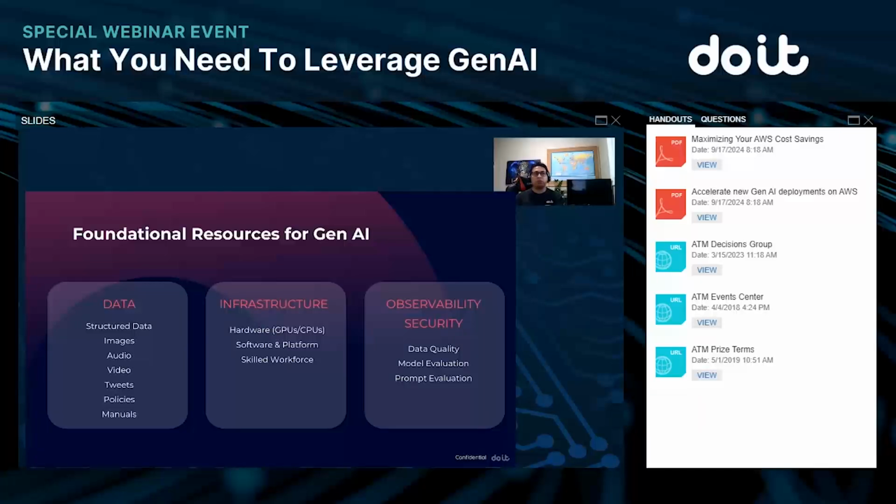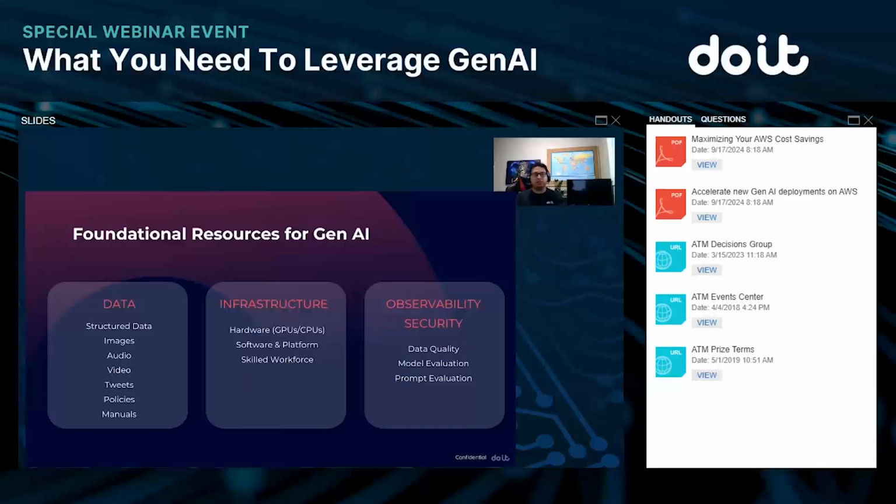Most of us, when we are starting with a POC, will be using GPUs, but also managed services like Bedrock in AWS or Vertex AI Studio or Gemini in GCP. So we don't have to worry about a lot of the infrastructure, but it's good to know what's going on in the backend. Now you have your software and platform and scale. Software and platform is these services I was talking about, like AWS Bedrock, a managed service. You can use the GenAI as an API, and you don't have to worry about whether it's running on GPU or CPU. You're just worrying about the latency in your API.